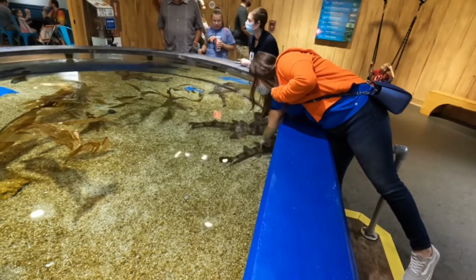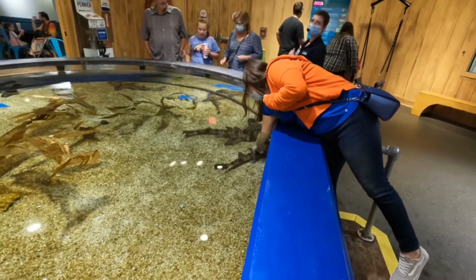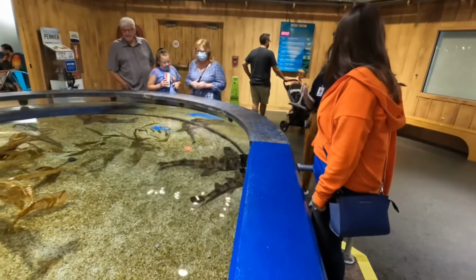Oh, she kind of feels like sandpaper. Under a microscope, they're actually small, sharp fins that interlock together and they look like